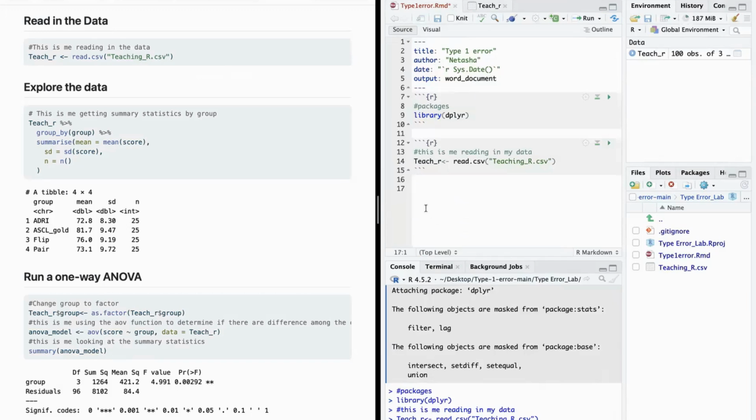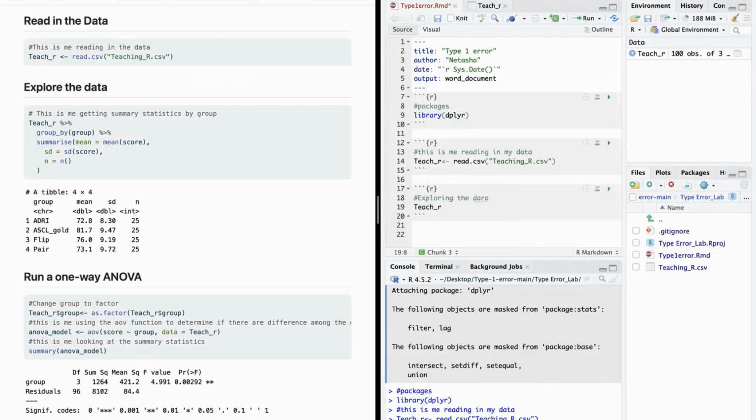I really like to, in advance, explore my data a little bit more. I always do this. Exploration for me is super important. So I'm going to go ahead and note that I am exploring the data. And how I'm going to be exploring the data here is by using the function group_by, which is actually within the dplyr package there. And so first I'm also going to list out